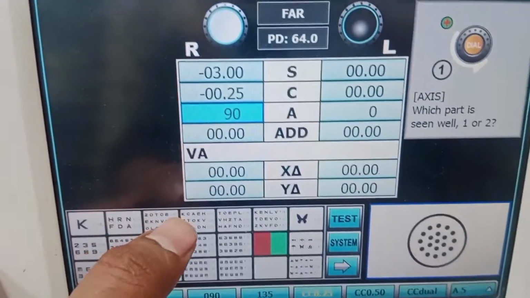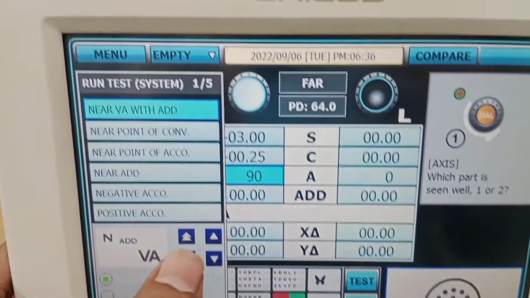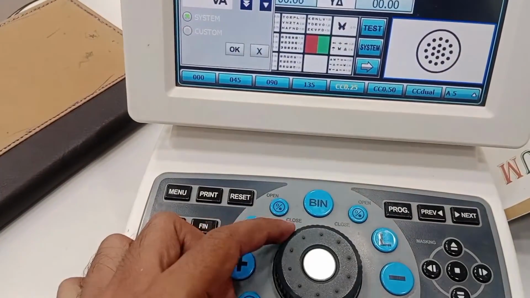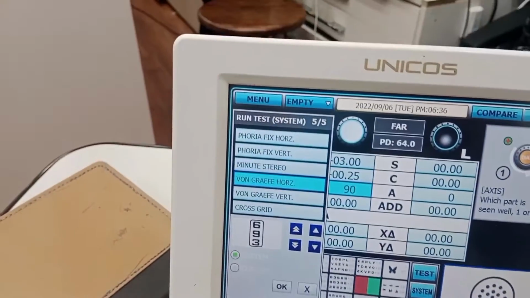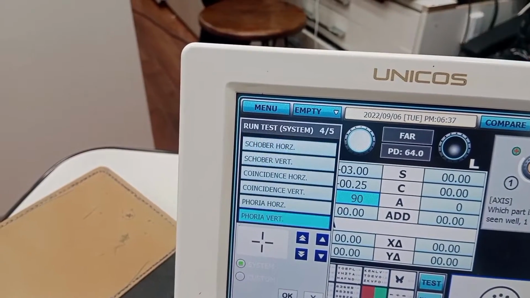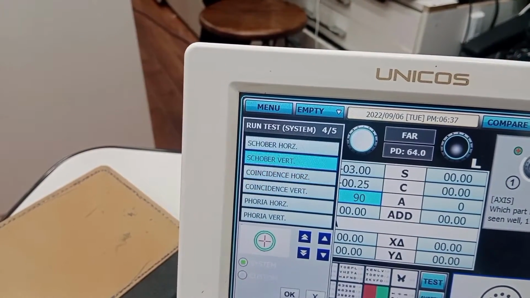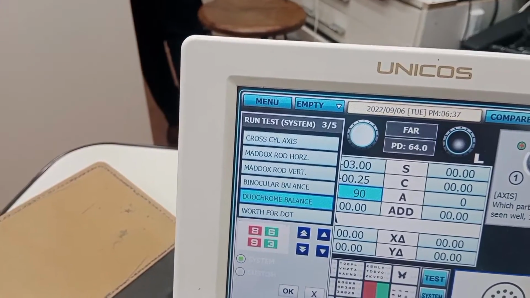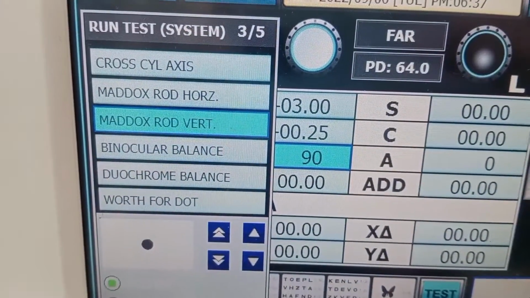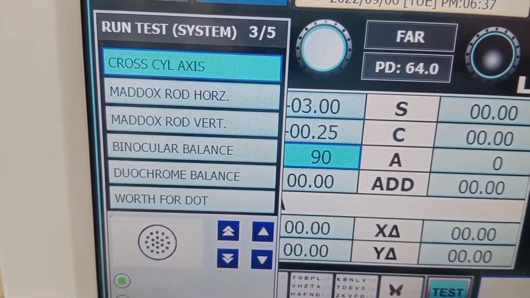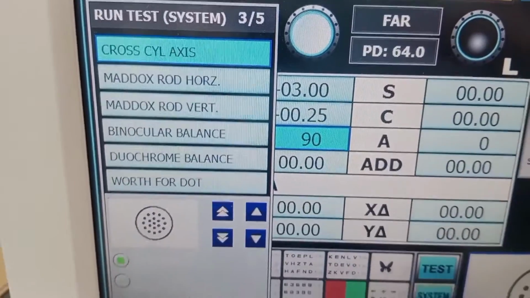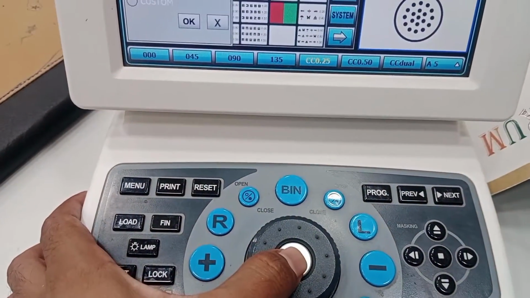So now I will go for the next step, which is axis refinement. I am moving this joystick. Our patient has chosen a rough axis, and now we will refine. This is the cross cylinder axis, you can see. And if you press the button,